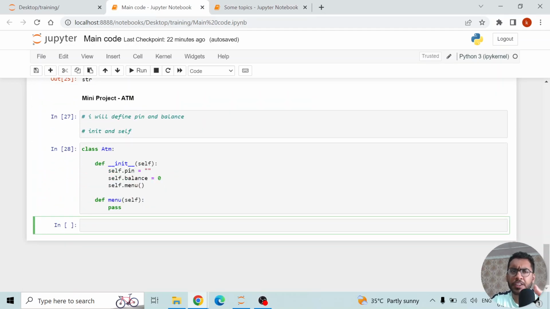That is fine, we will cover it in this session, but a little bit later. Up to this point it is clear. So now let's create this ATM function in a lot of detail. So I will create my class ATM